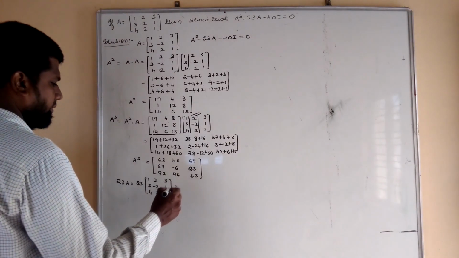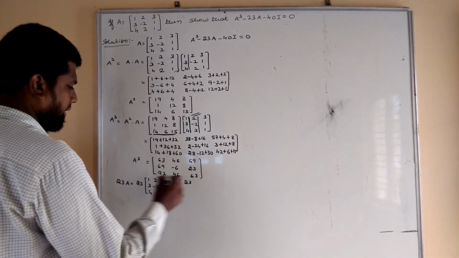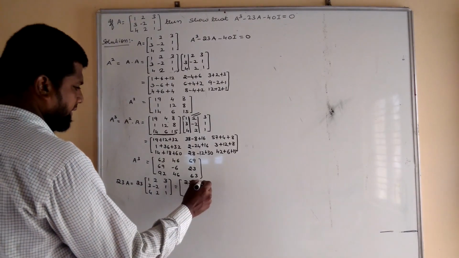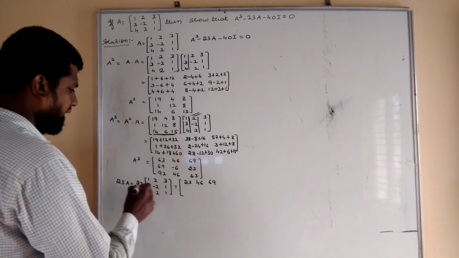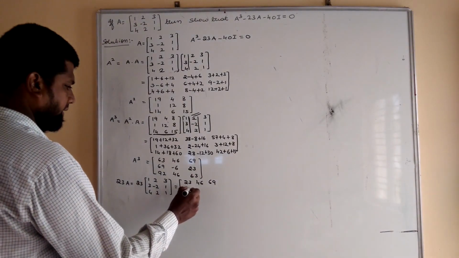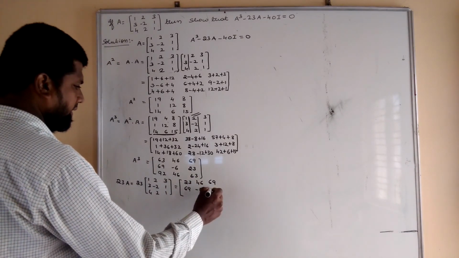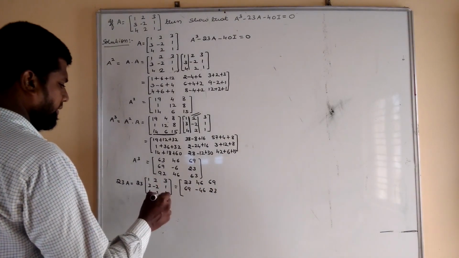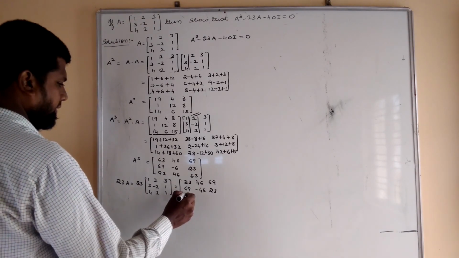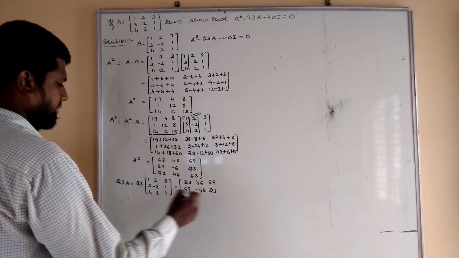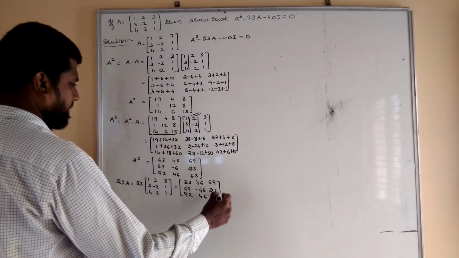So if you multiply with 23, 23 into 1 is 23, 23 into 2 is 46, 23 into 3 is 69, 23 into 3 is 69, 23 into 2 is minus 46, 23 into 1 is 23, 23 into 4 is 92, 23 into 2 is 46, 23 into 1 is 23. So this is the